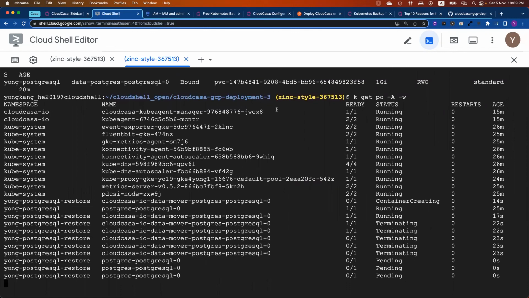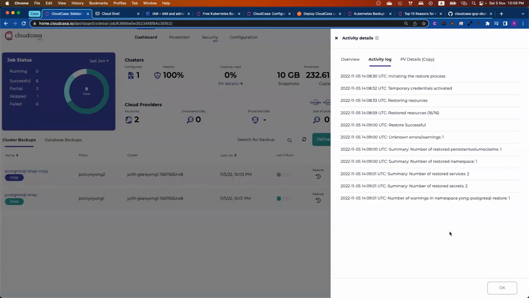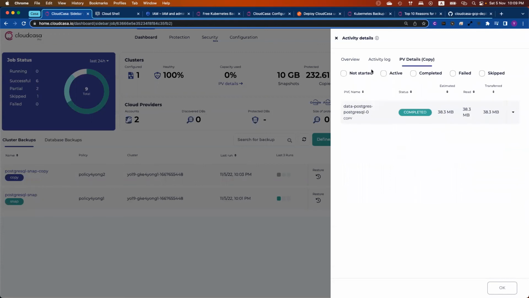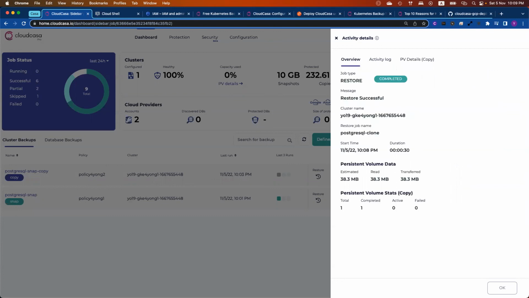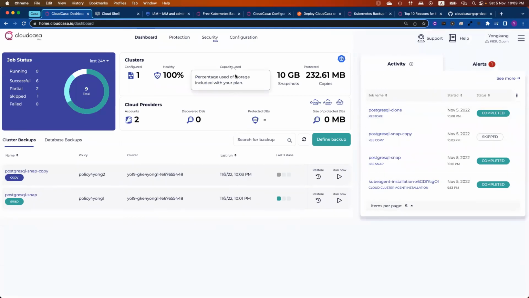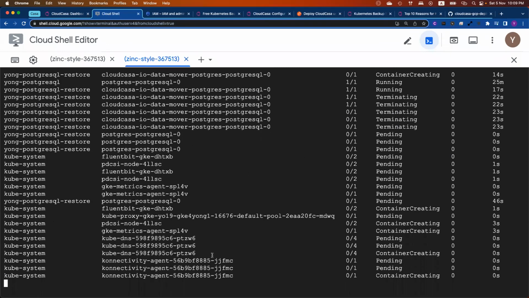That is pretty simple, pretty easy to use, right? And we just talked about how to do the backup and how to do the restore. I think that's pretty much all I want to cover for now. And you can see the restore has been completed successfully. Yeah, there is a warning, but we will see what the warning is. And it does include the PVC, the persistent volume, and also completes the restore. So by now, if I go back here, you can see my restore job finished successfully. From the command line, you can also notice